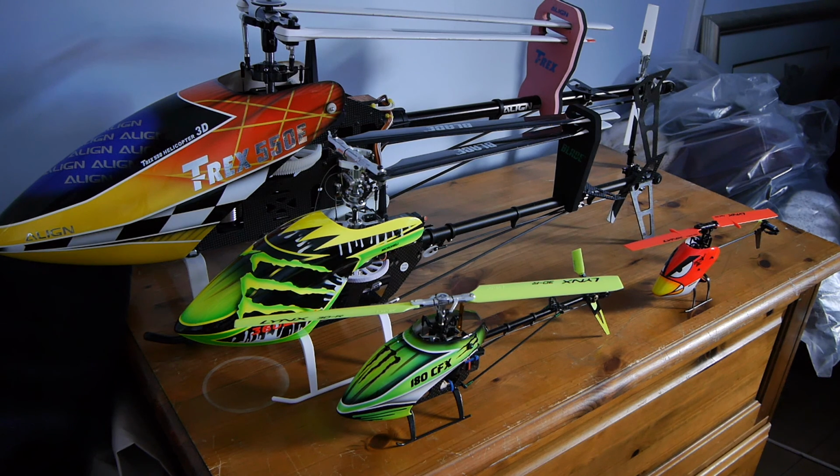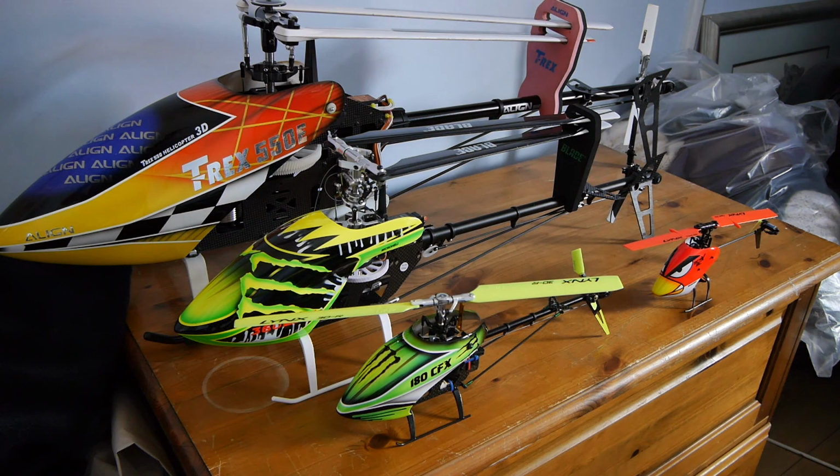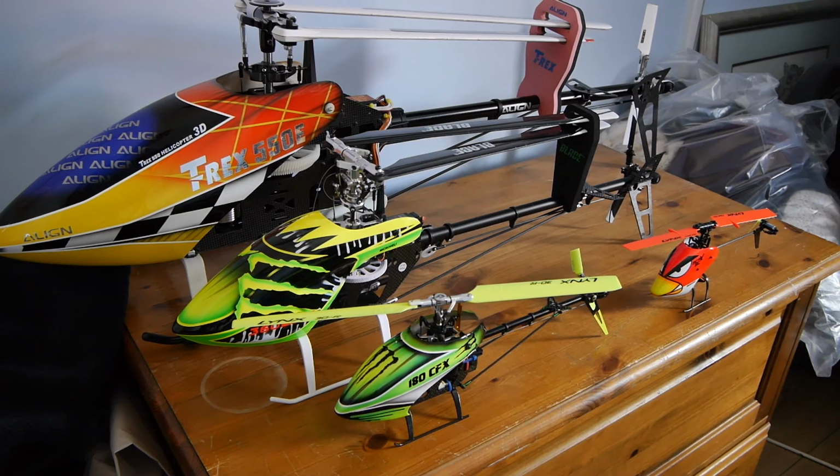But I have been doing some setup on that, on the speed controller now, and softening it all down a little bit, and I'm sort of falling back in love with it again. So yeah. So on to simulators. The T-REX 550 you see there, I've actually got mirrored over here,